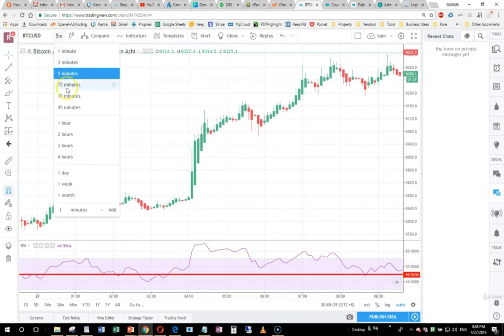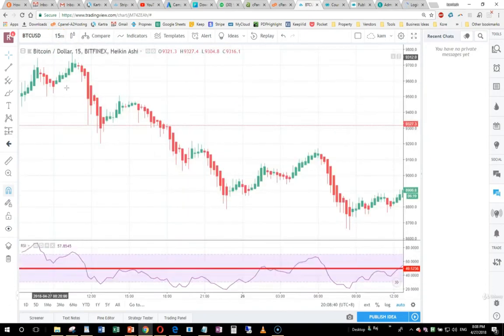Now let's see if this technique works better on a 15-minute chart, and you will see this does work better. Each candle is 15 minutes here, so this is 1 hour. Once I see this, and in the next 15 minutes I see this, very likely in the next 15 minutes the trend will be down, because there is no wick at the top, there is a pull downwards, so price will move in this direction a bit before it goes up. And that is what I take advantage of.